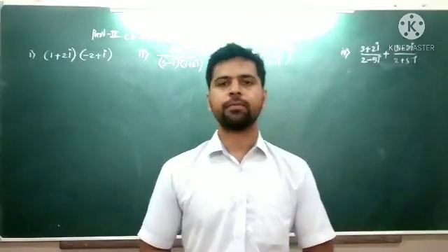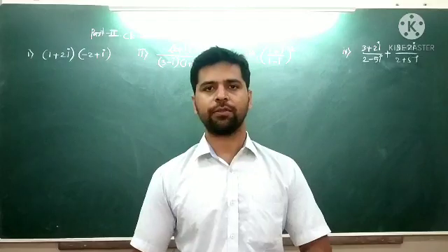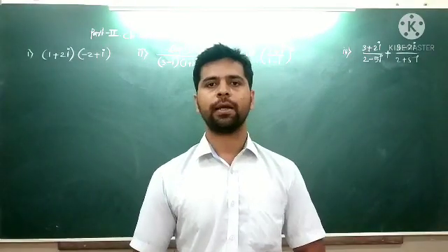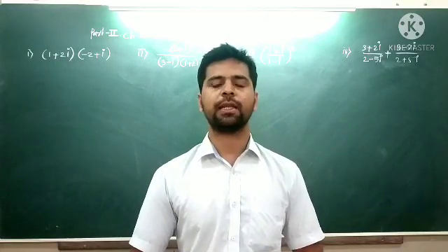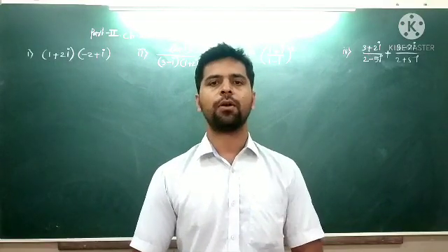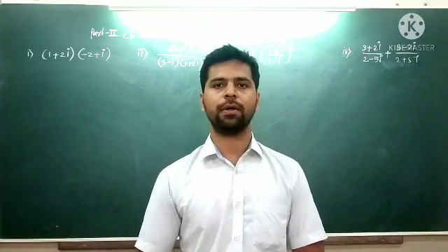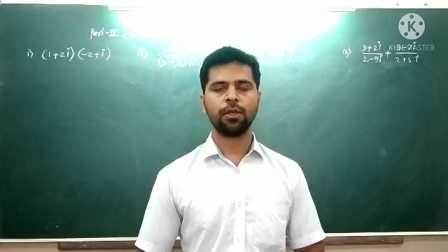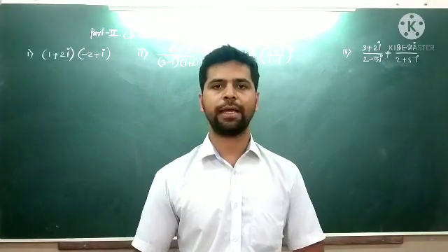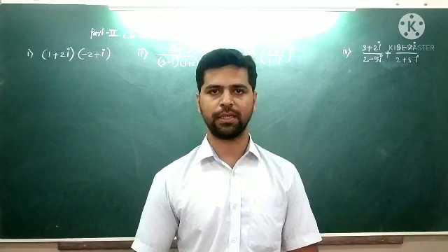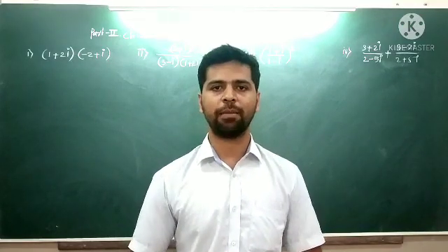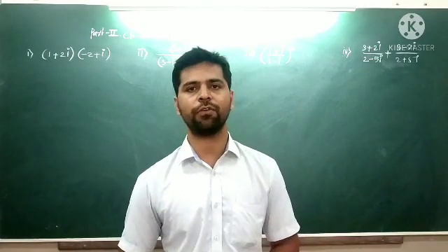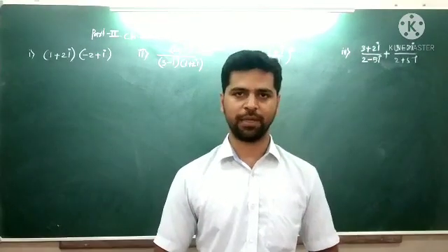Hello students. In the previous video we started with the very first chapter of paper 2, that is complex number. In that chapter we saw how a complex number can be formed. A complex number is a composition of two numbers, a real number and an imaginary number. If you connect i with any real number, that number becomes an imaginary number. And if you add any real part to that number, you get a complex number. So a complex number is actually a mixture of a real part and an imaginary part.